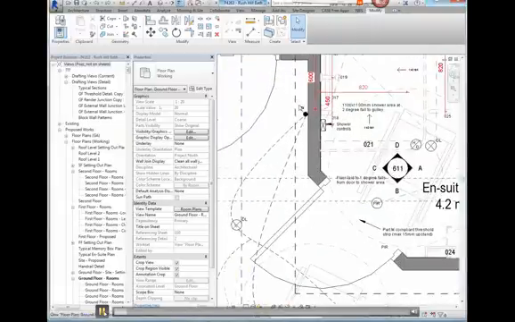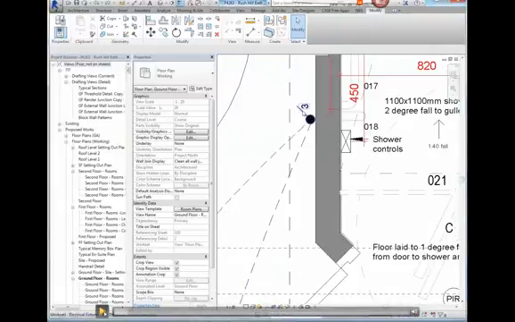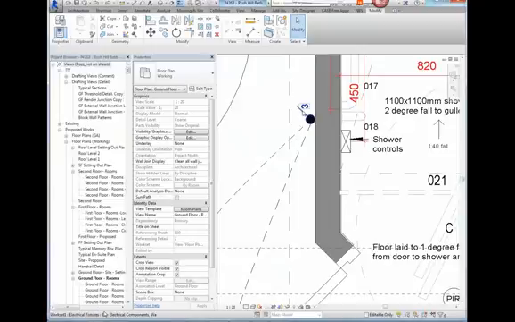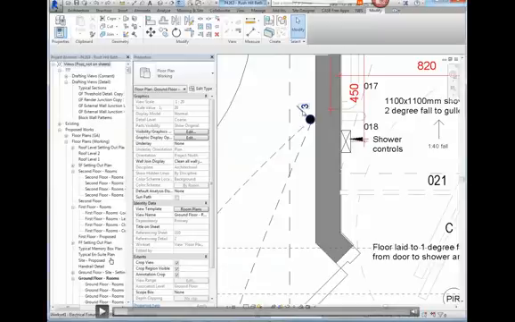Okay, this is a little bit more of a complicated one compared to the last ones, and it runs for about 2 minutes, and I haven't practiced what words I'm going to put with the video, so bear with me. It's about just saving yourself a bit of time in the family editor environment. I'm a sort of medium level user, I don't get involved in Dynamo or anything, but I do a bit of family editing. So here we've got a kind of